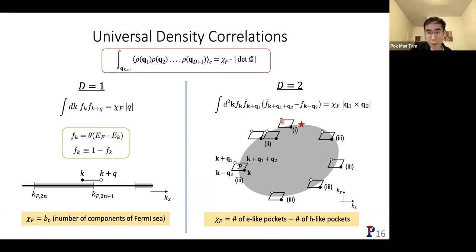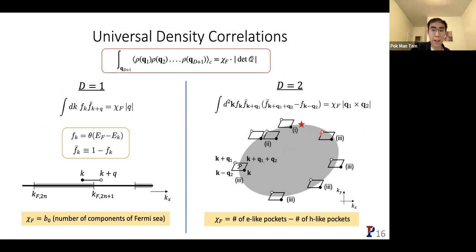In this situation, if you look at your parallelogram, which represents the integrand, the black dot is the only point that is inside the Fermi sea, and so this integrand would give you a +1 contribution. Okay. So when you do this, a similar argument, just like what I briefly presented to you for d equals 1, you can have a similar geometric argument of doing this integral and argue that